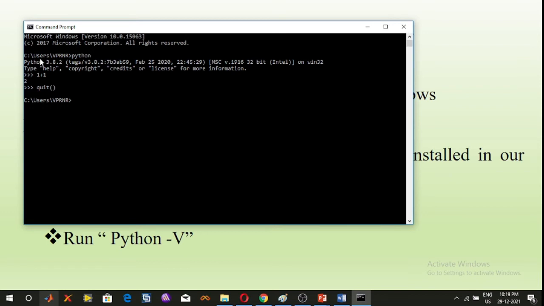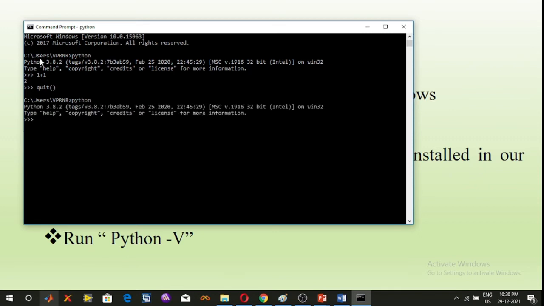Now I will type a print statement. Type python and then press the enter key.